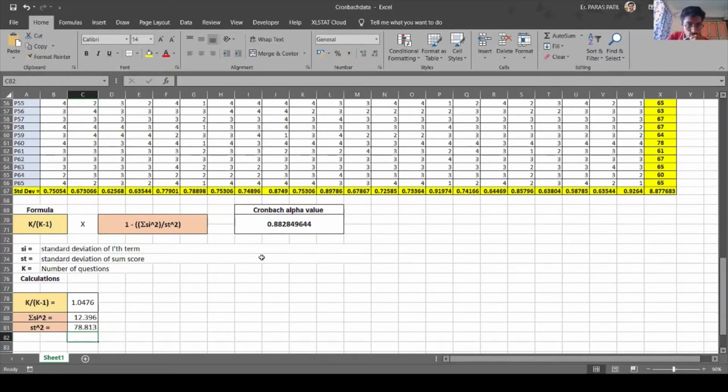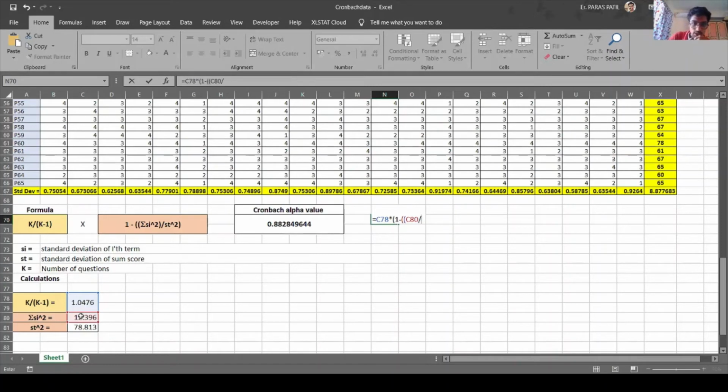Okay, so what we'll do, we'll calculate it here at the side of this particular calculation. I'll type equal to k upon k minus 1 into, in brackets, 1 minus, double bracket, summation of SI square divided by ST square.